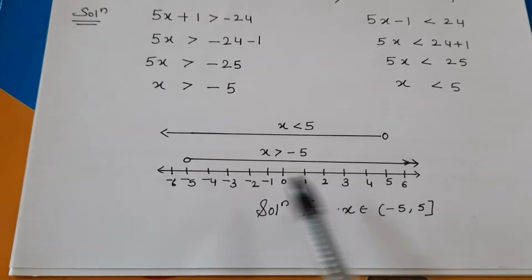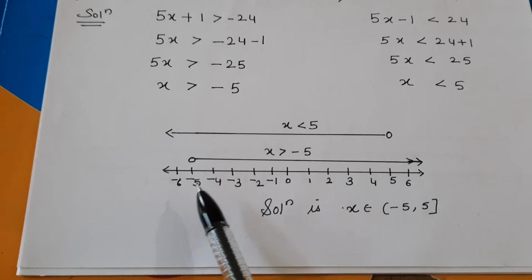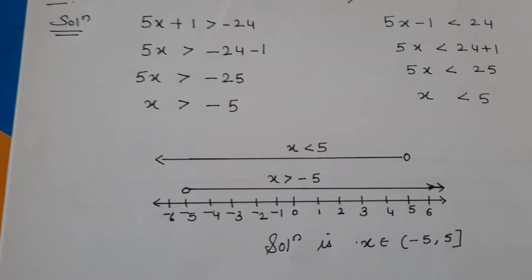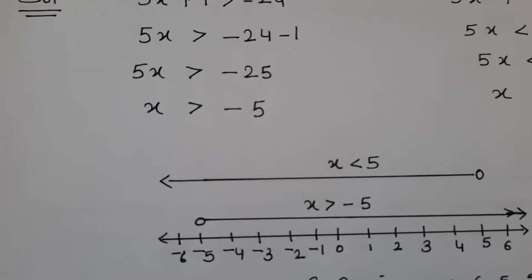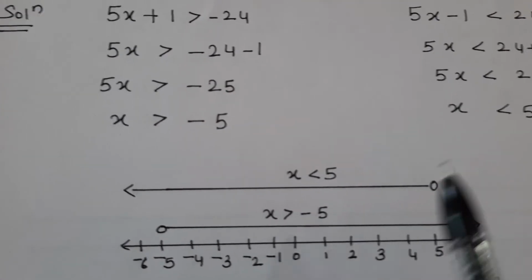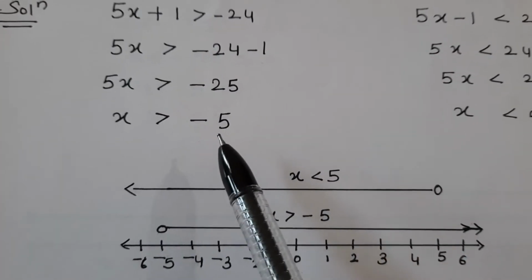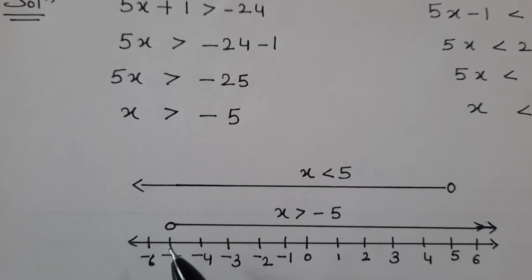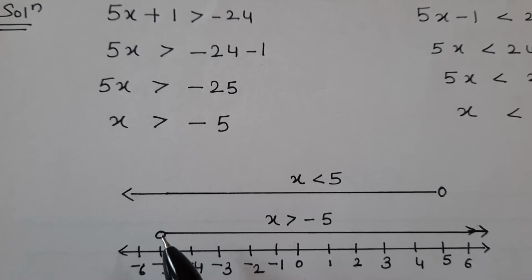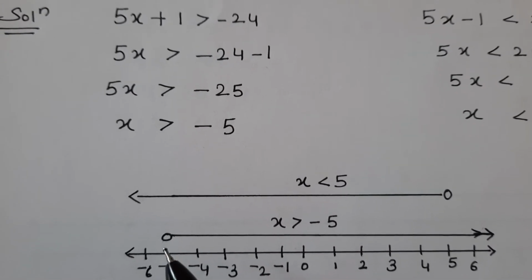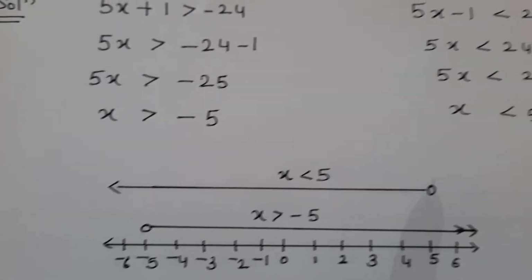Just look here. First you draw your number line. 0. Write some positive numbers here and negative numbers here. You can also draw the common solution, or you can plot it in this method also. The first inequality, x is greater than minus 5. X is strictly greater than minus 5. That means minus 5 is not included. So just draw an open circle at minus 5. Right? This is minus 5 and greater than minus 5. This is your region.